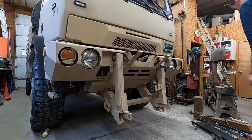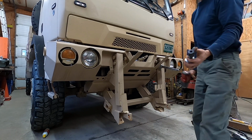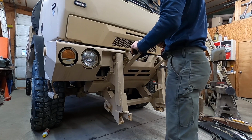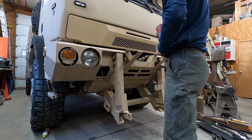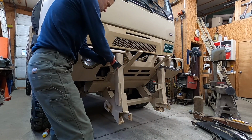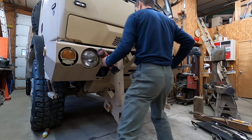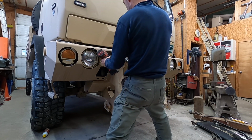Now a bigger socket. So I do have a 3/4 inch universal impact. Let's see if that'll give me enough room. Well, it might help. I could probably finish torquing it with the